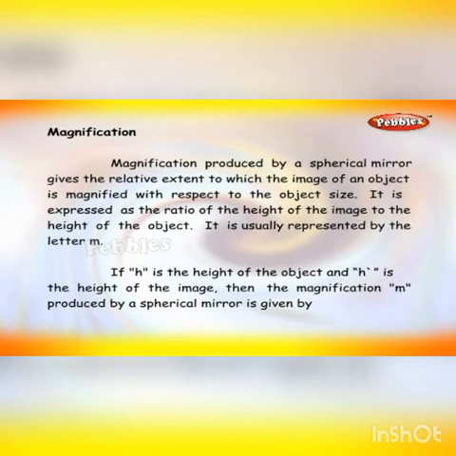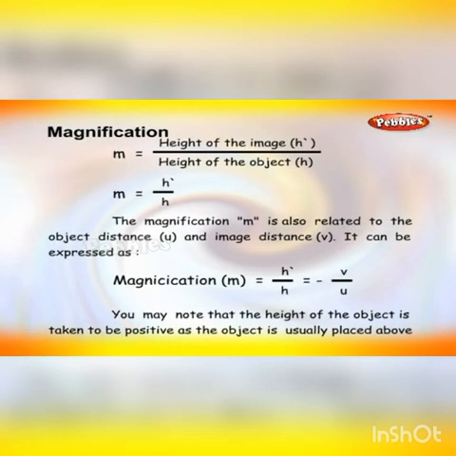If h is the height of the object and h dash is the height of the image, then the magnification m produced by a spherical mirror is given by m is equal to height of the image by height of the object. m is equal to h dash by h. The magnification m is also related to the object distance u and the image distance v. It can be expressed as magnification m is equal to h dash divided by h is equal to minus v